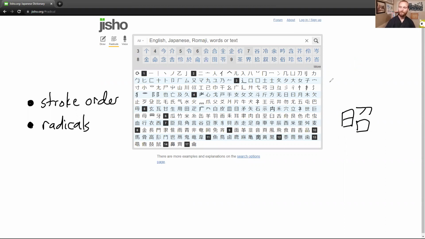We don't need to think of it as the radical right now, but we're going to think of it as the part of a kanji. So that part, let's see if we can find that in here then. And if I don't know my stroke order, that's okay. Let's say that I'm trying to assume I don't. So let's say I don't know how many strokes are to it, but I know there's probably between, well, it's got to be more than